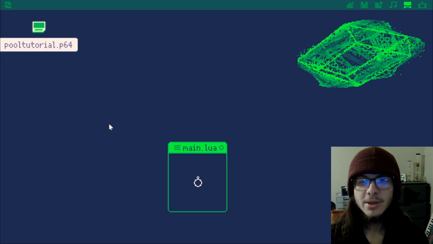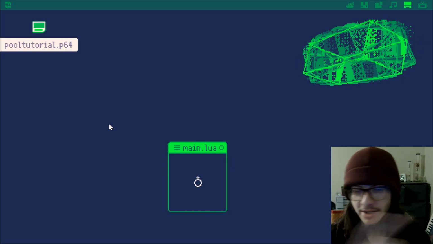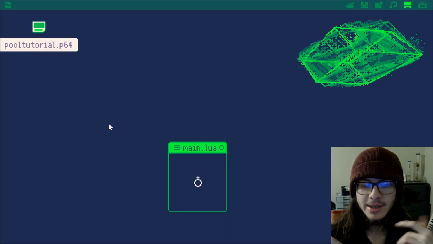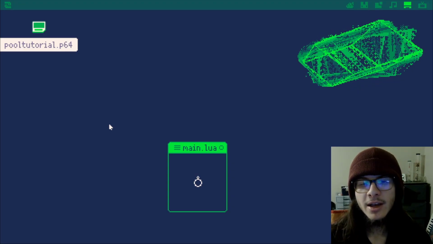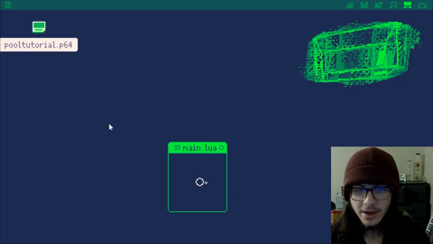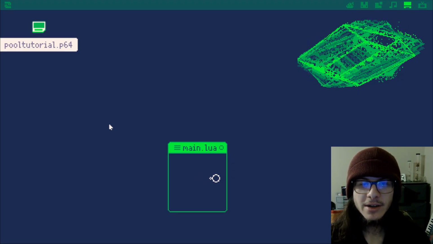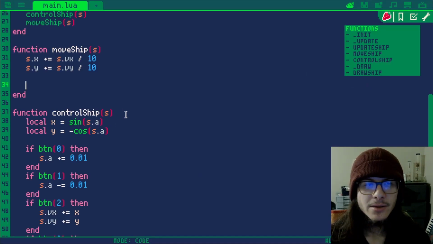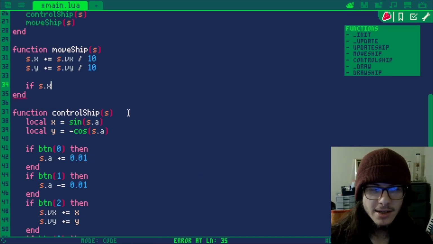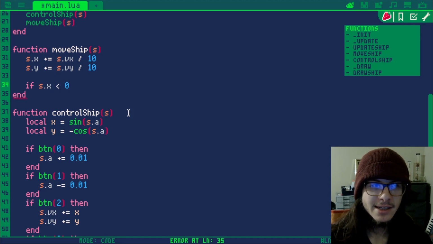Y velocity is completely retained, but x velocity is reversed, and we can simulate this by multiplying it by -1, because when our ship's velocity is +1, currently it goes right, and when it's -1, it currently goes left. So what we're going to want to do is if s.x is less than 0, this is a less than sign, you probably remember the alligator from high school, then